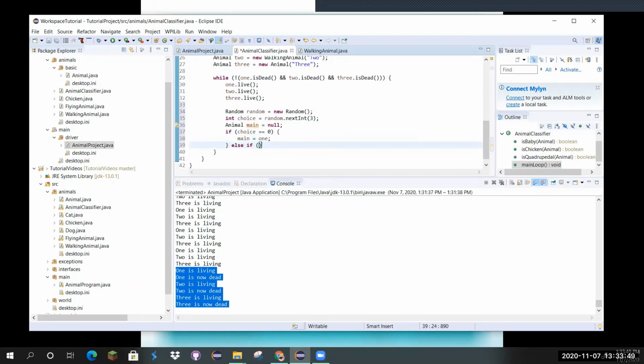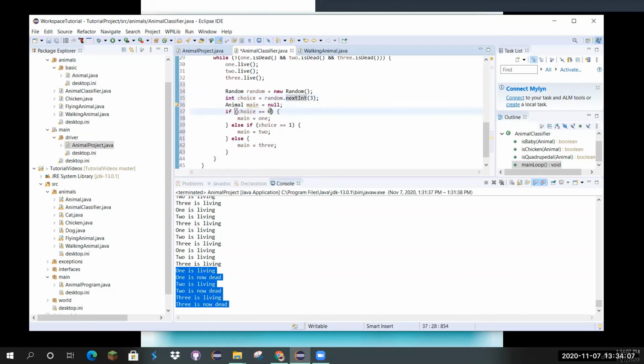Else if choice equals 1, main equals 2. Else if, well, we don't even need to do that. We can just do else main equals 3, because we know for a fact that the variable choice will only be 0, 1, or 2. So if it's not 0 and it's not 1, it can only be 3. So in this case,